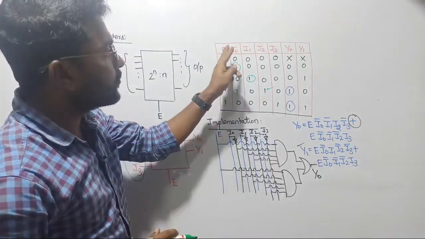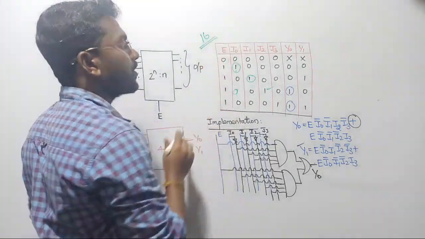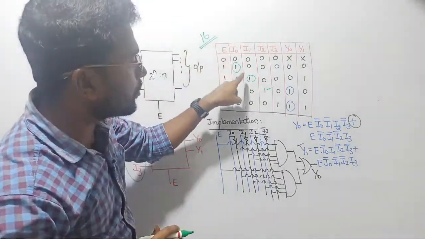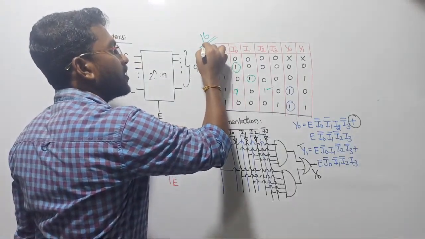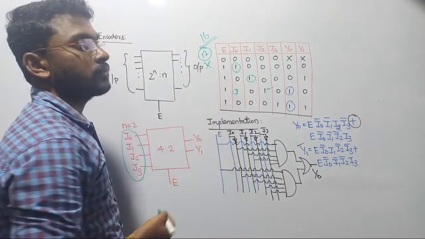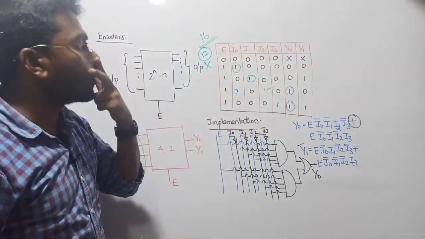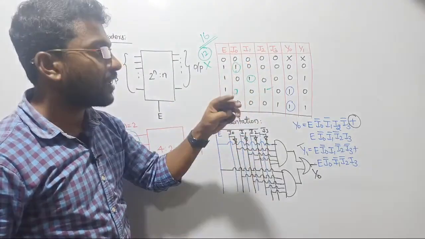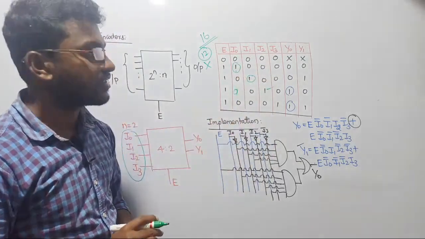But the conclusion is, with the help of these 4 inputs we can create 16 combinations. Do you all agree with me? Correct, right? Of these 16 combinations, how many are you using? Only 4 combinations. So the remaining 12 combinations should not be entered. Are you getting me? Here there are 4 input lines, that is 4 bits. We all know that with the help of 4 bits we can create 16 combinations. We know the number of possible combinations we can go up with the